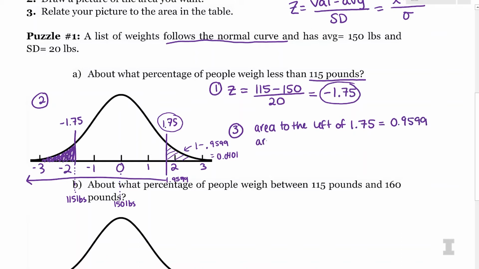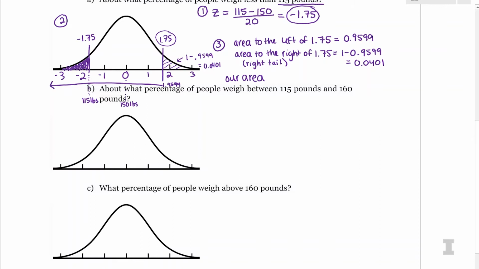And then the area to the right of 1.75 is just 1 minus that, 1 minus 0.9599, and I got 0.0401. And this area to the right is also known as the right tail. So our area that we want is the left tail. And we know that the left tail and the right tail have to be equal because the normal curve is symmetric. So again, my answer is going to be